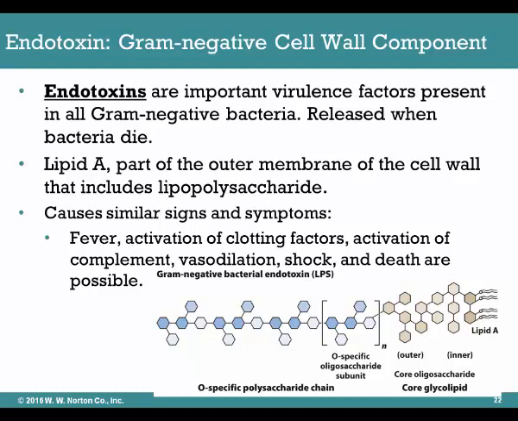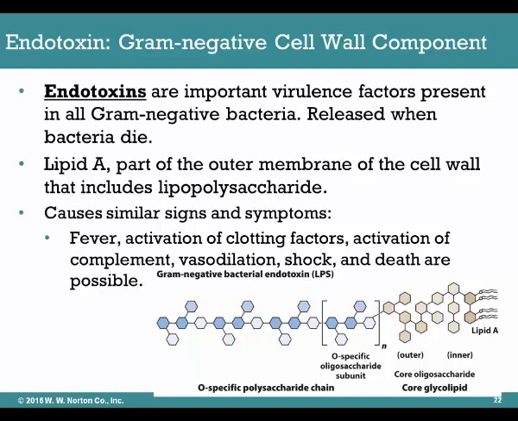You get clotting factors that are activated improperly, leading to the slowing of blood flow or blood clots. And then complement is erroneously activated, so these massive parts of our innate immune response are activated in an improper way,